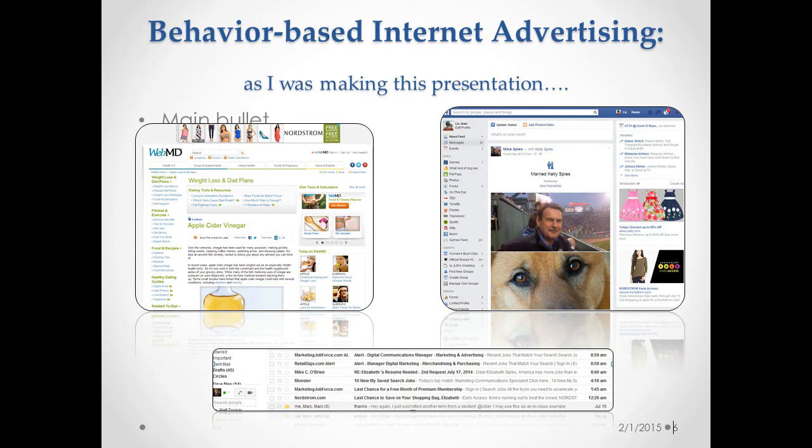So let's talk about something I like to refer to as behavior-based internet marketing. So, quick question. Have you ever been surfing the web and come upon an internet advertisement that actually provides almost a near direct solution for something you've just been researching lately? You can see in my slide that actually happened in 3 different places, on Facebook, in Gmail, and on the internet when I was looking things up. Did you think that it might be related to something we all know about, which we'll talk about in a later slide, your computer cookies, or did you chalk it up to something like serendipity? You didn't know how it happened, you don't care how.